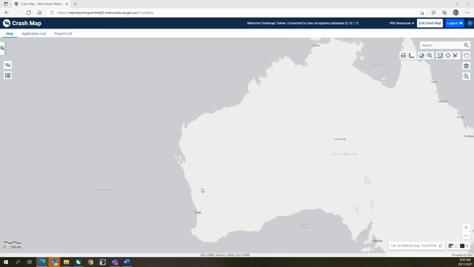Welcome to CrashMap Video Tutorial 8, Inspection-Based Blackspot Applications. This tutorial provides advice to assist you to select the locations that have the greatest potential to be funded by federal and state programs. You will also be provided with an example to step you through the process of creating